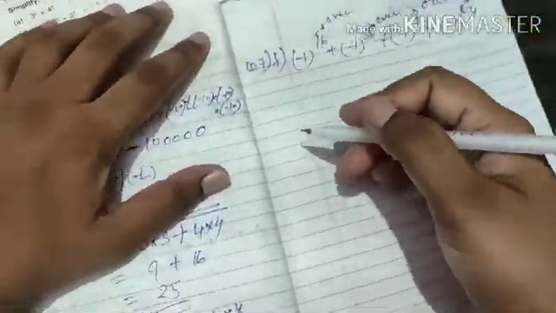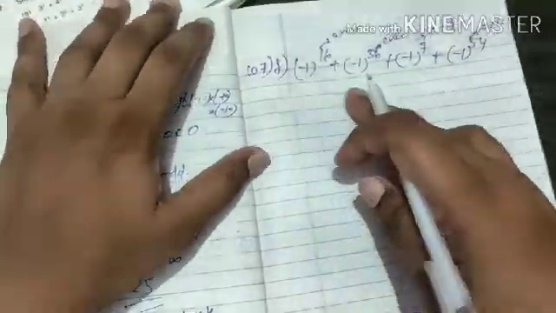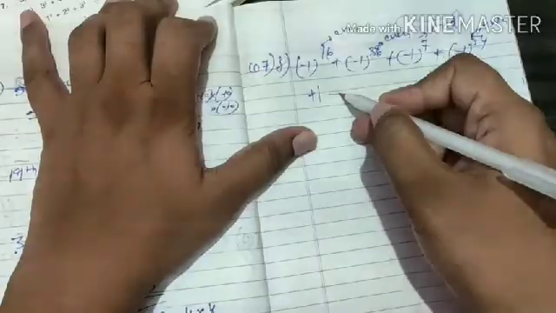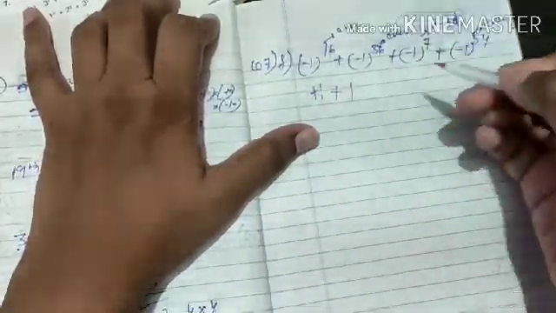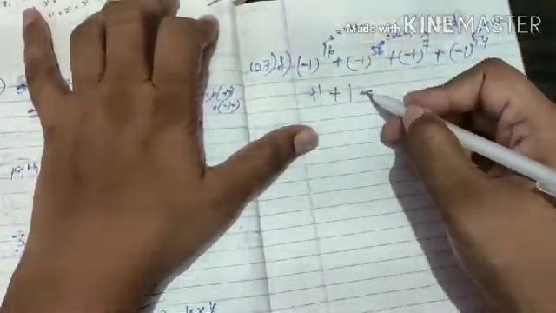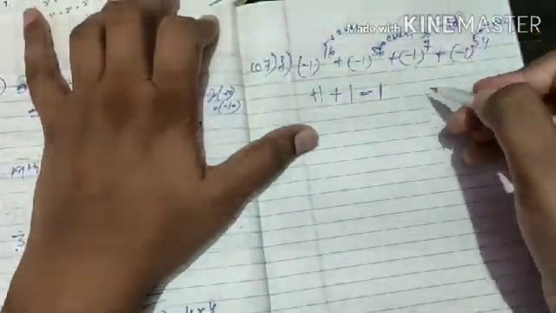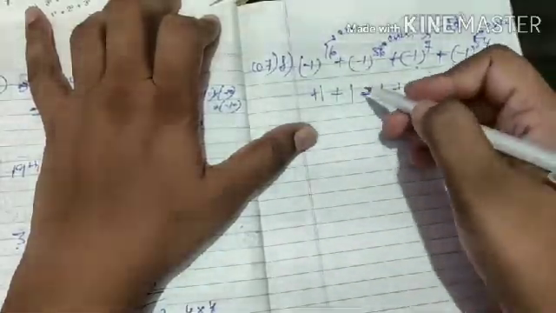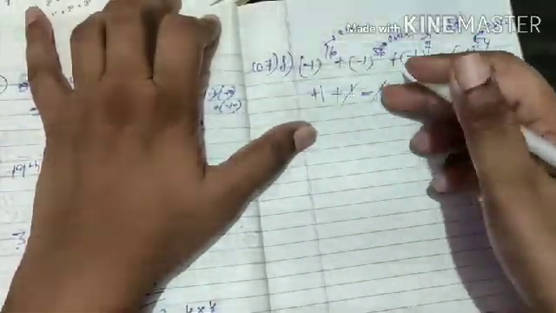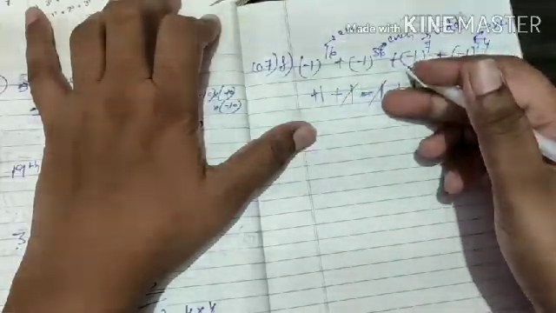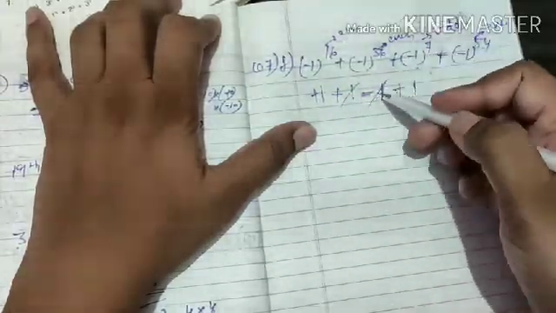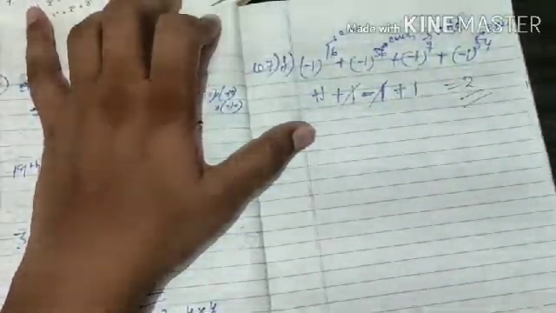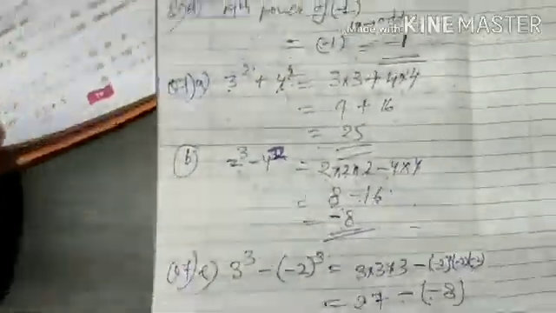So what will we get here? These are even powers, so this is plus 1, plus this is an even power, so this is plus 1. This is the odd power, so we will get minus 1 here, and there is also an even power, so we will get plus 1. So plus 1 and minus 1 cut each other because the subtraction gives 0. 1 minus 1 is 0, and 1 plus 1 equals 2 is the answer here. Okay students, this question number 7 is done here.